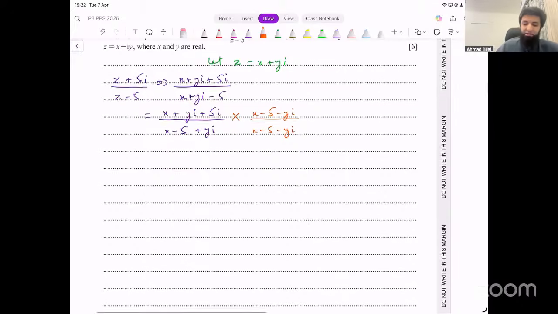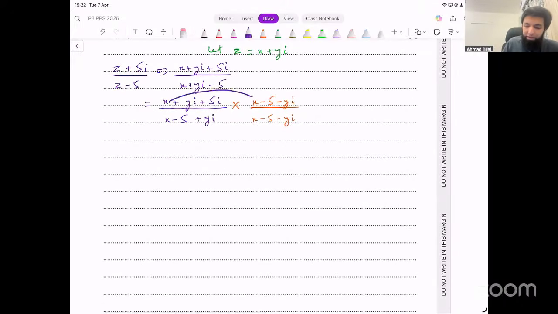Now we can simplify this. What do we get in the numerator? x into x, that is x squared. x into minus 5, that will be minus 5x. x into minus y iota, that will be minus xy iota. Then multiply y iota with all of those terms. That gives you plus xy iota minus 5y iota and then minus y squared iota squared. Then multiply 5 iota with all of those terms and that will give you 5x iota minus 25 iota minus